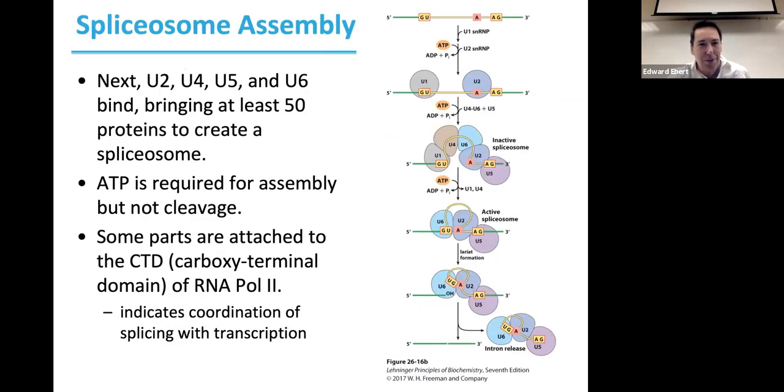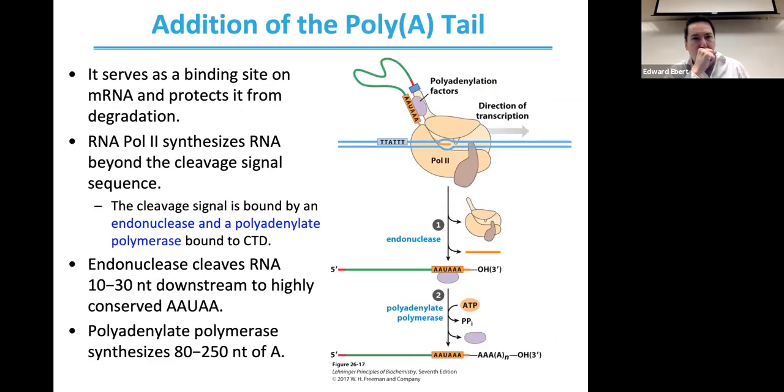And then our tRNAs do their thing. All right. Let's talk about the poly A tail briefly as well. So when we add this poly A tail, our RNA polymerase 2 synthesizes it beyond this site here. So the cleavage signal gets bound by an endonuclease and a polyadenylate polymerase that is bound to that carboxy terminal factor in here. So here we see this polyadenylate polymerase, which is just going to say start adding adenines, and